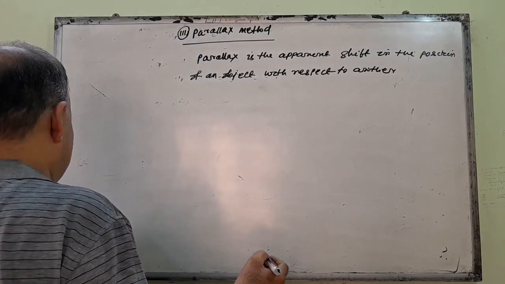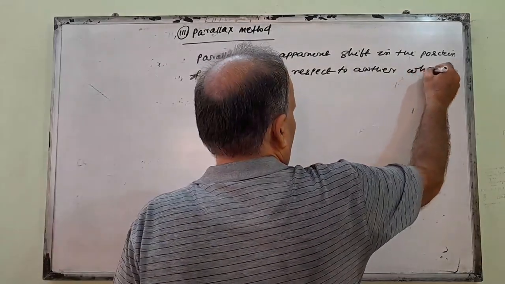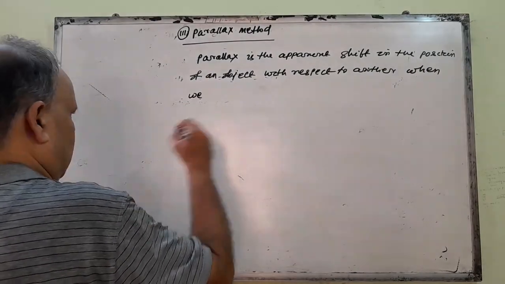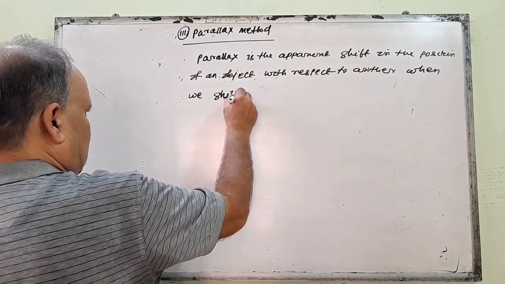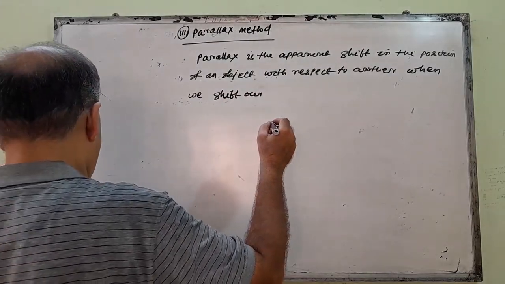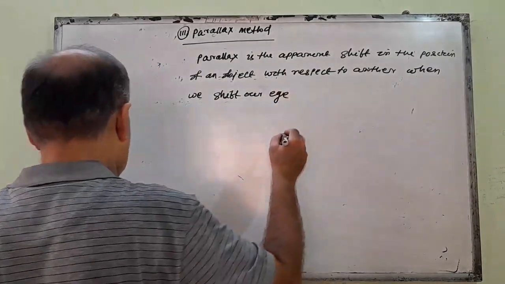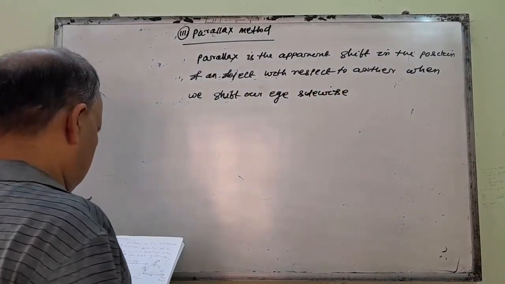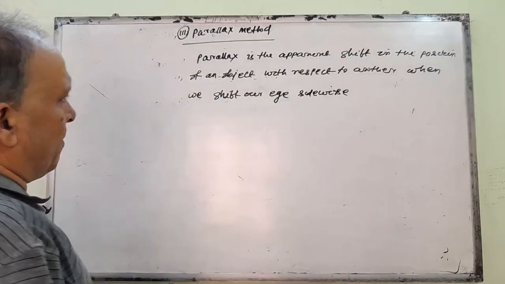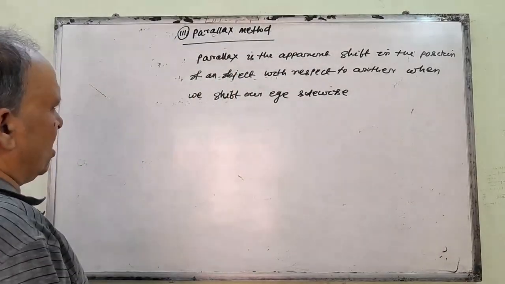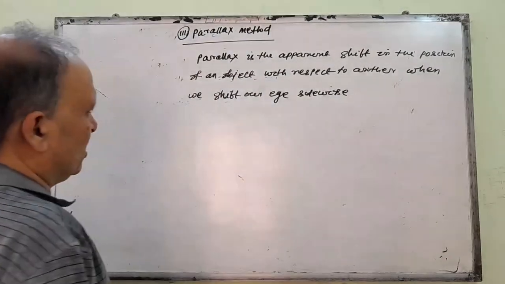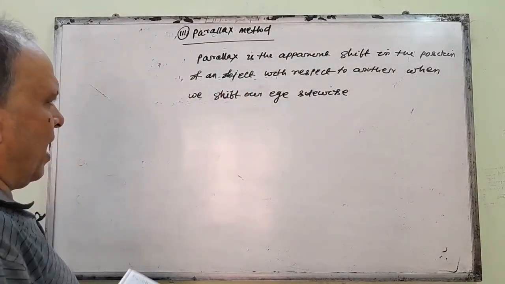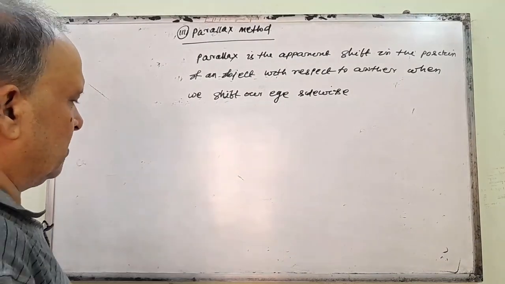when we shift our eye sidewise. So, parallax is the apparent shift in the position of an object with respect to another when we shift our eye sidewise. Suppose